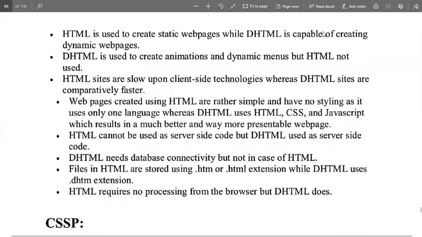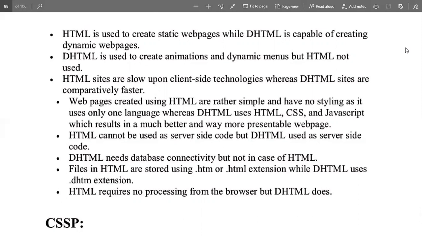In HTML, we create static web pages, but in DHTML, we create dynamic web pages. In DHTML, we can create animations and dynamic menus, but in HTML, we can't. HTML sites are slow because of client-side technology, but DHTML is the faster one.